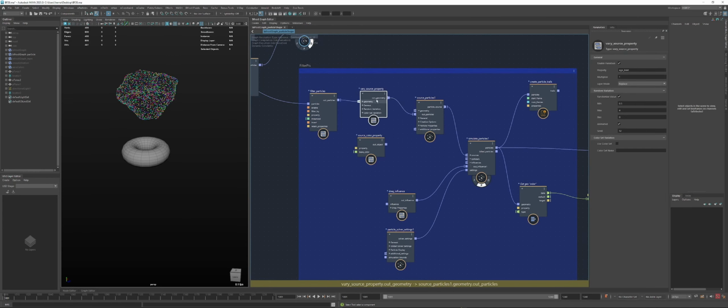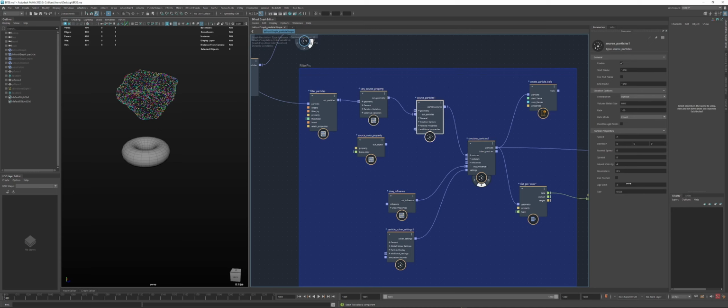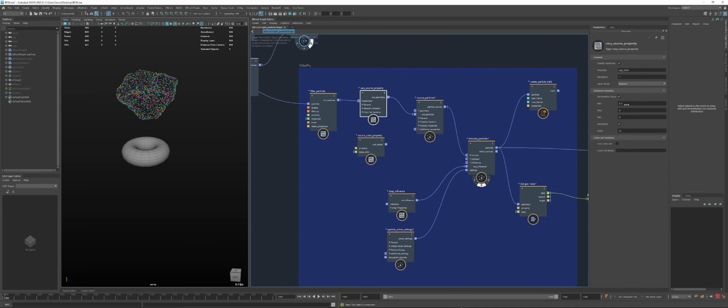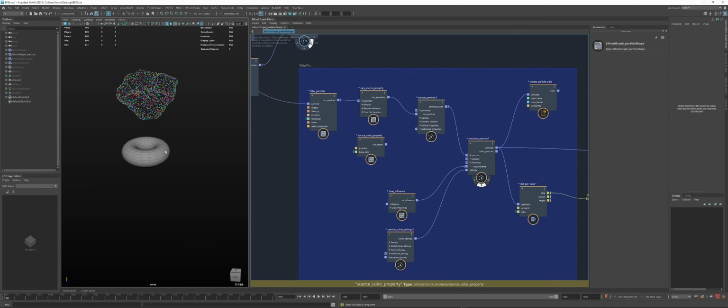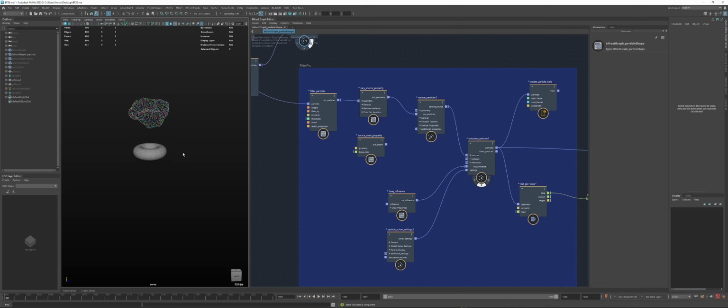Besides that, just to explain very quickly, I have a random property here. Basically, I'm randomizing the age limit. So particles are going to live between half a second and 4 seconds, and that is animated over time. Besides that, I have inherit velocity at 4. So the particles that are colliding are going to inherit that velocity as well. So if I press play,